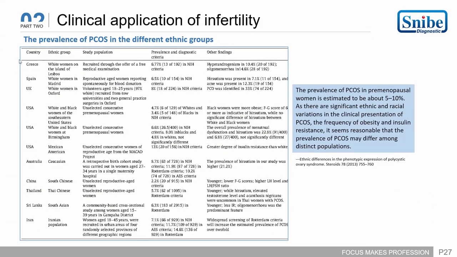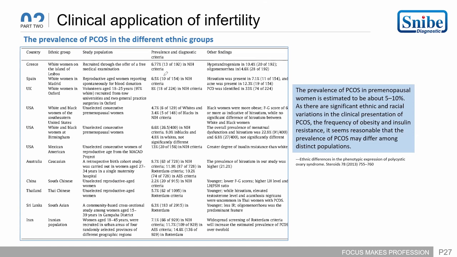So if we talk about the prevalence of PCOS in the different ethnic groups, you can see that in different countries, they have different ethnic groups, and a study of the population has been done. On the basis of prevalence and the criteria and the other findings of gonadotrophin, hyperandrogenism, PCOS, the overall conclusion for this prevalence study in the different ethnic groups is that the mean in premenopausal women is estimated to be 5 to 10%, and